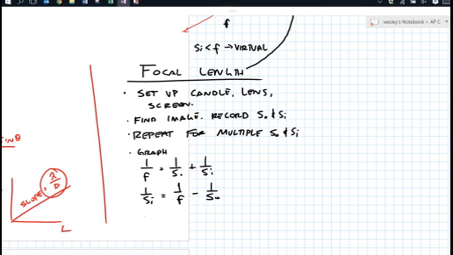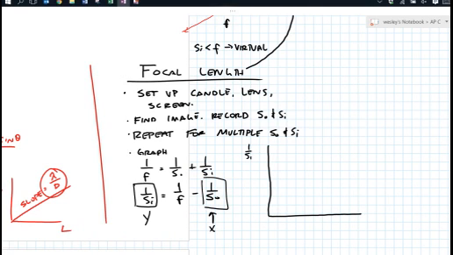So we're going to want to make these our Y's, and those are going to be our X's. When we make that graph,